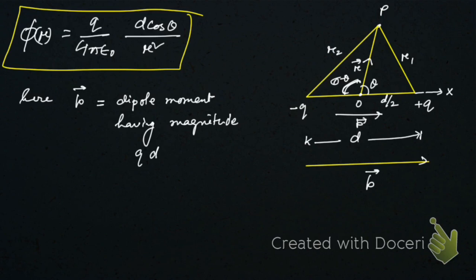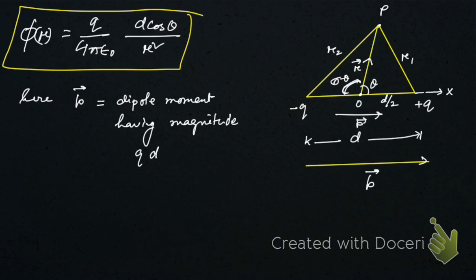Because here the charge is q and the distance between them is d. So suppose this is a dipole, this is the negative charge, this is the positive charge, and if the distance between them is d, then the magnitude of the dipole moment is given by the charge into the distance d, right? So now you see,